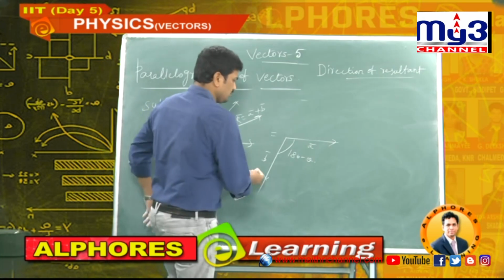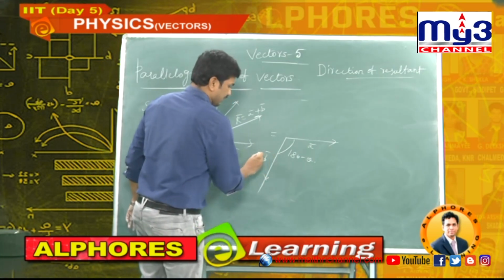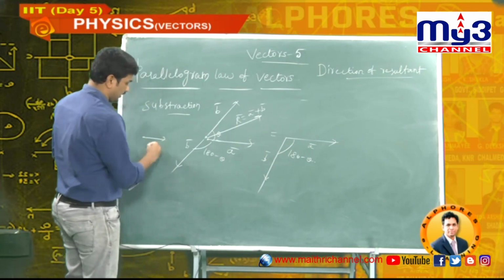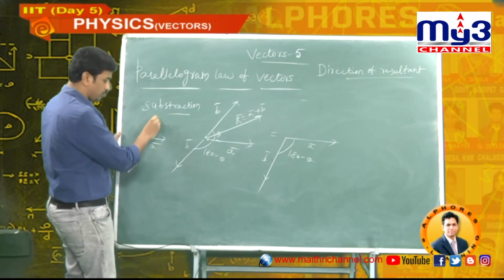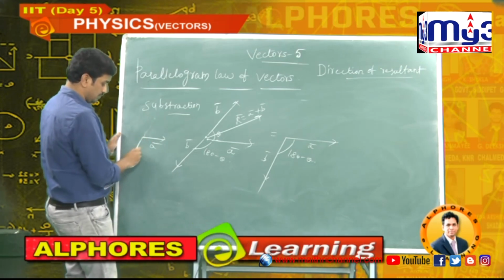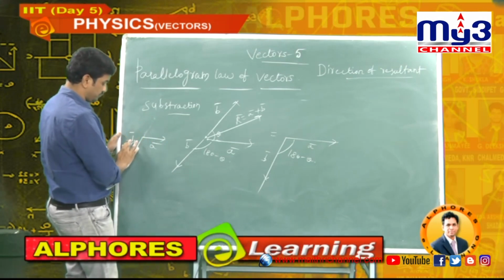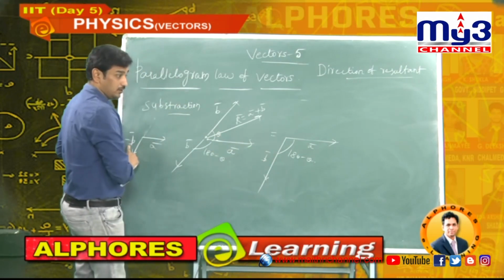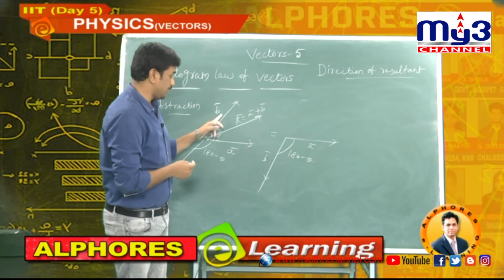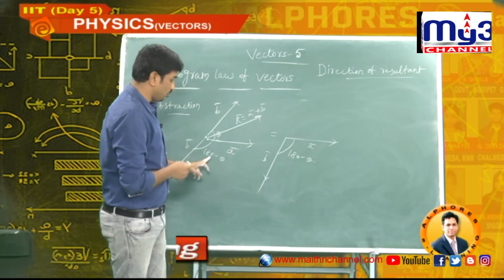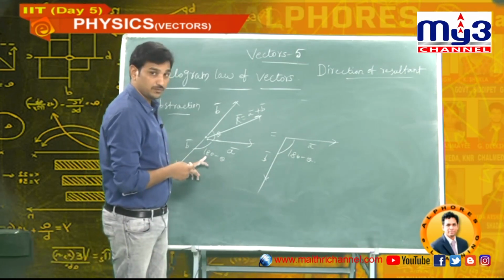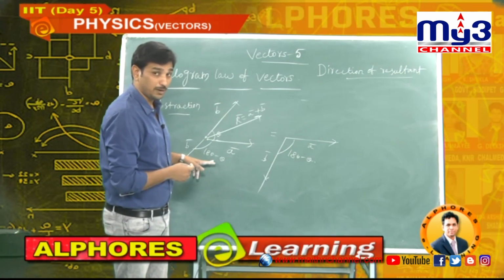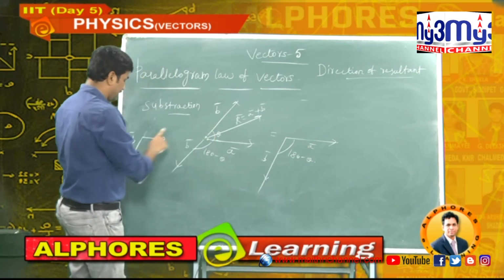Now simple. If you make it so, it's one of the methods. Otherwise, this is B bar, you turn it back, it's minus B bar. It's one of the processes. One more way, but don't do both: B bar made as minus B bar, and don't take 180 minus theta. If you are turning two times, it will become positive. It will not become negative.